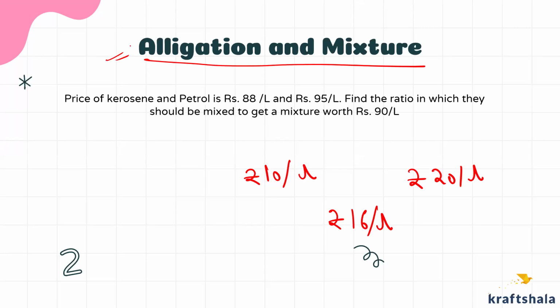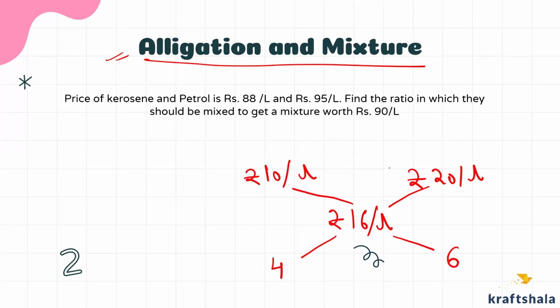It is very much possible using mixture and allocation. So kaise you can find ki how much of this and how much of this? You can never tell the exact value, but you can definitely tell the ratio. So what you will do, dekho, 10 rupees per liter here, 20 rupees per liter here, mixture is here. 20 minus 16, observe this carefully. You will subtract these two values. 20 minus 16, that is 4. You will write it here, diagonally. Okay. Similarly, 16 minus 10, which is 6, diagonally, like this.